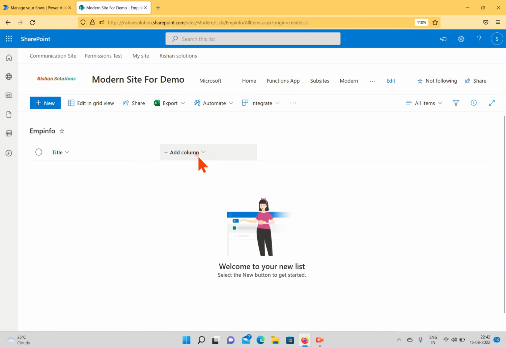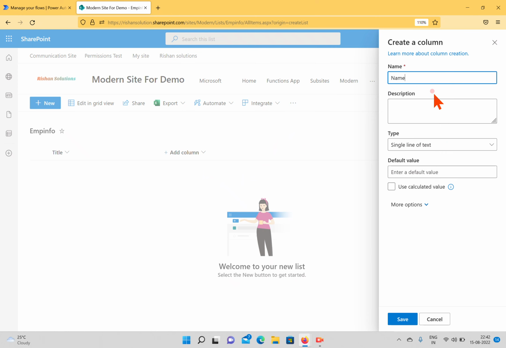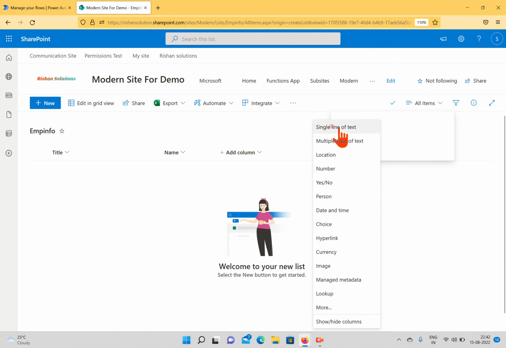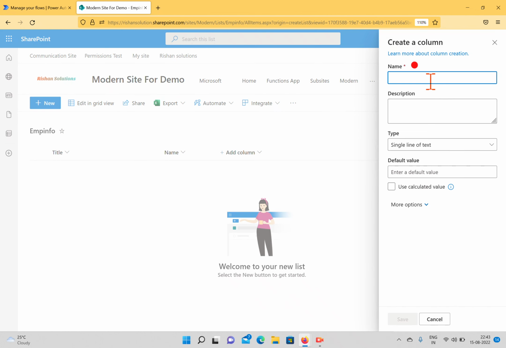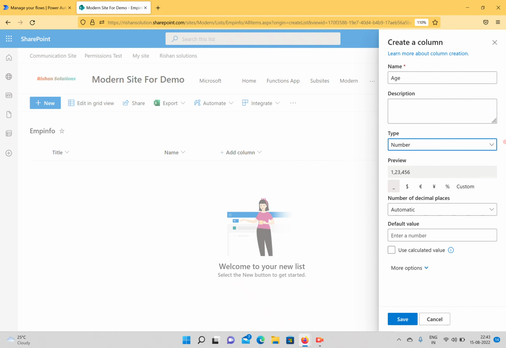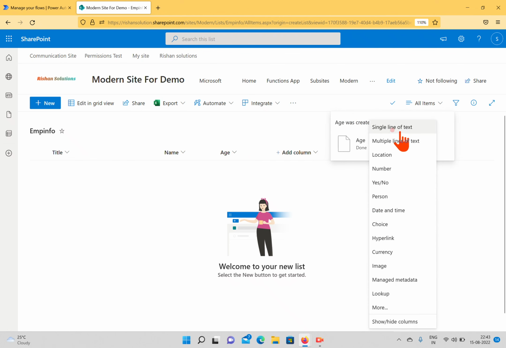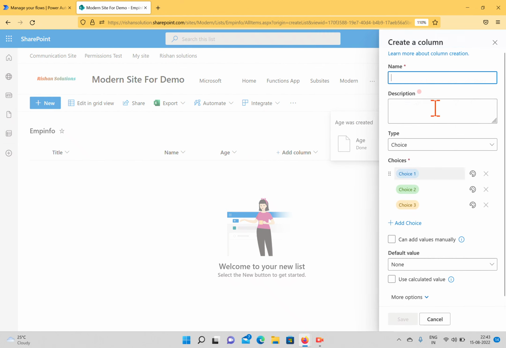We already have a title, and I'll create a single line of text which is name. We'll save that one, and I'll take one more column here which is age, and we'll change the data type here to number, and we don't want this 1000 separator. We'll save this one, and I'll take another choice column, which will be named department,